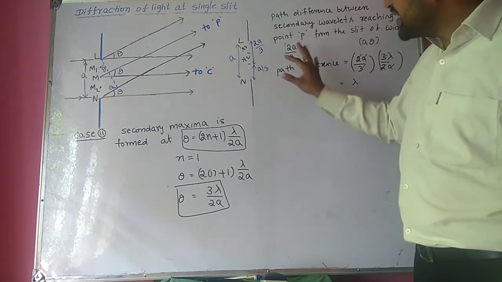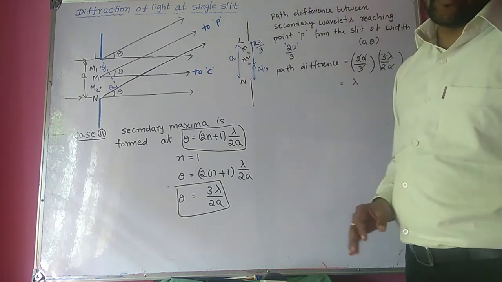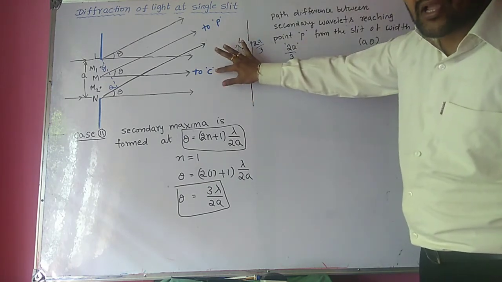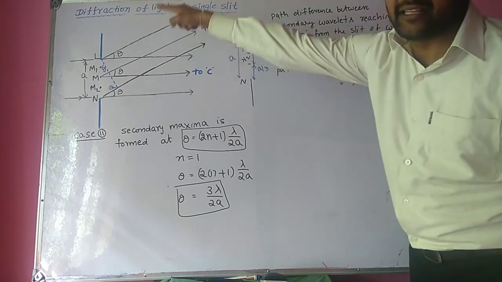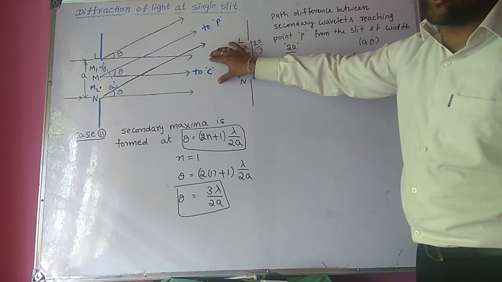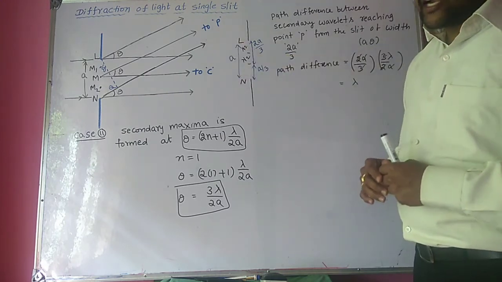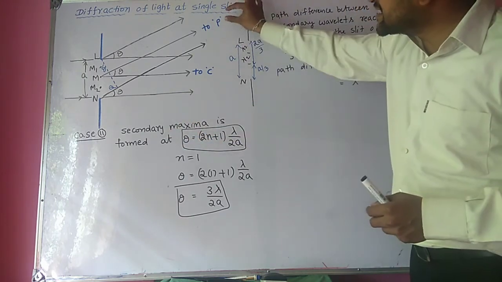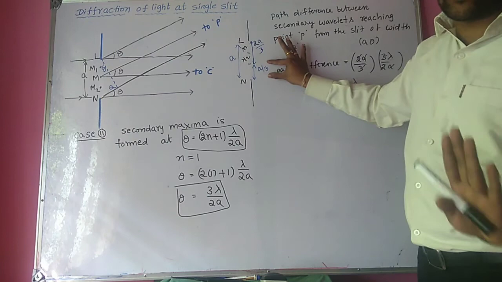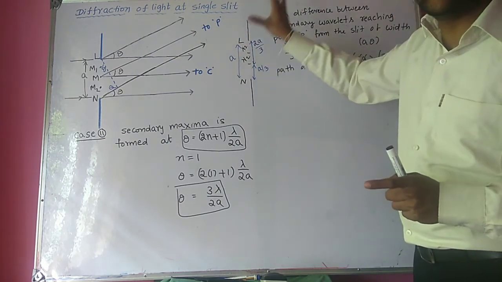only. Now here this intensity is less compared to the central maxima. So at point C, the brightness or the intensity is due to the total slit of width A. That's why the intensity is more. That is, the central maxima intensity is very much higher. Now at point P, during the secondary maxima, the intensity is due to only the A by 3 part of the slit. So that's why it is less intensity.